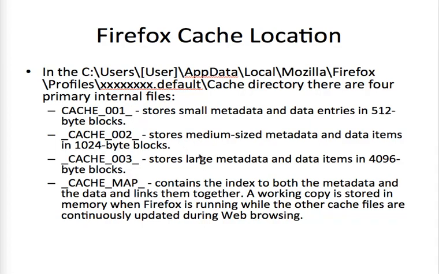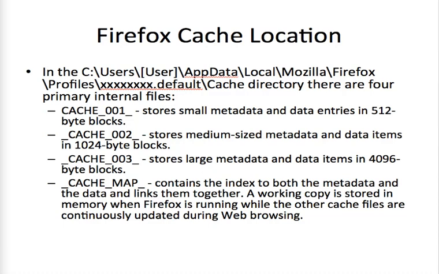And where this cache is stored, where the item is stored, depends upon how large the metadata and data entries are. So the larger ones are kept in cache 3. And finally, cache map contains the index to both the metadata and the data and items, linking them together. And so a working copy is stored in memory when Firefox is running, while the other cache files are continuously